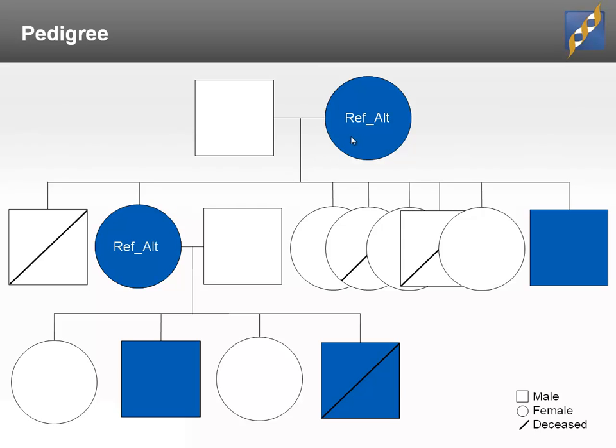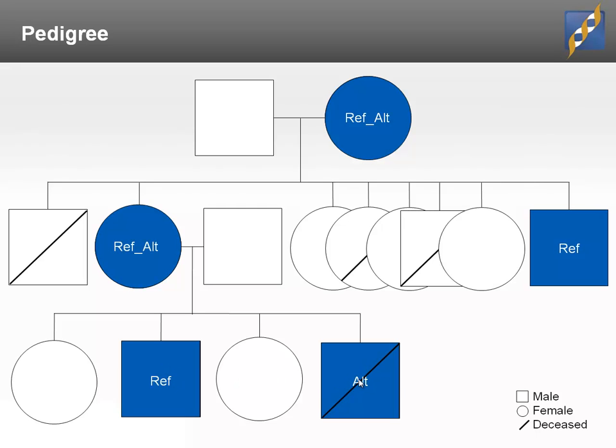The second thing we can count on then is that the 2 living males inherited the working copy of those genes and hence have a reference at the variant site that we're looking for. And finally, we would expect the affected male to have the alternate allele. Now notice there's only one allele present here, not 2. The reason being, because they're males, they have 1 X chromosome. We would expect them to be in what we call a hemizygous genotype state, where they only have a single allele. In this case, it would be alternate.